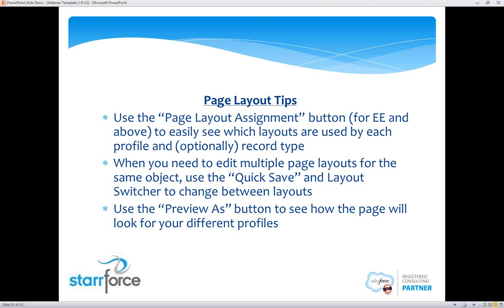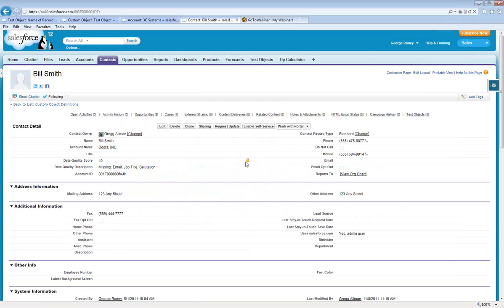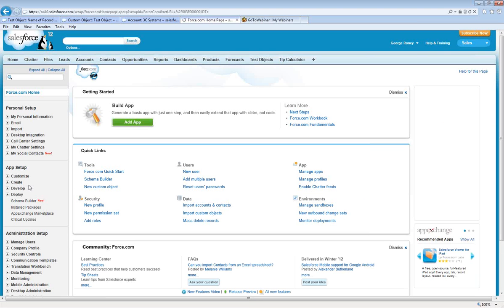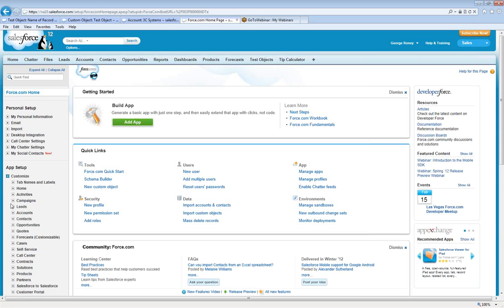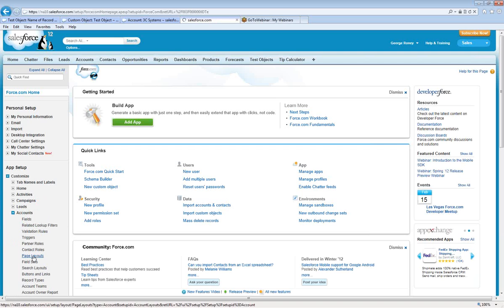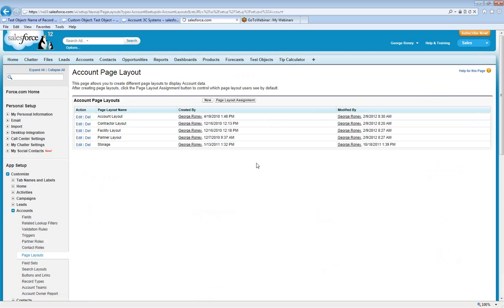And so let's go ahead and go back into the page here. What we're going to do is actually go the other route to view or edit this page layout. So we'll go into Setup, and we're going to edit the account layouts. So we'll go to Account and then Page Layouts. For Professional Edition, this brings you right to the page layout in the edit mode. But because we have multiple page layouts here, I need to know what profiles see those. So I can use the page layout assignment,